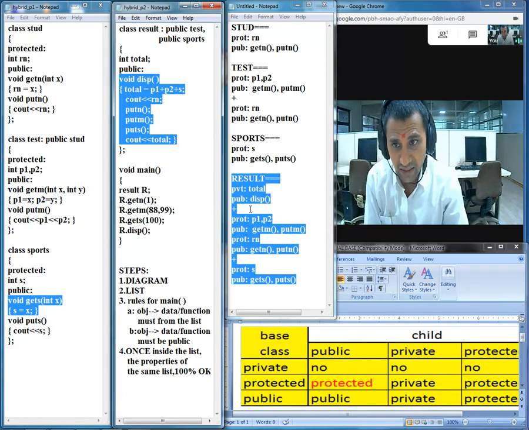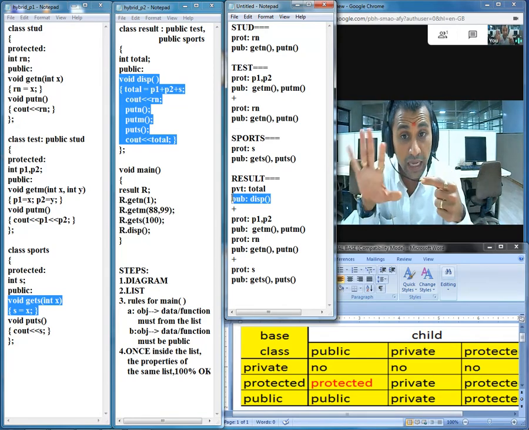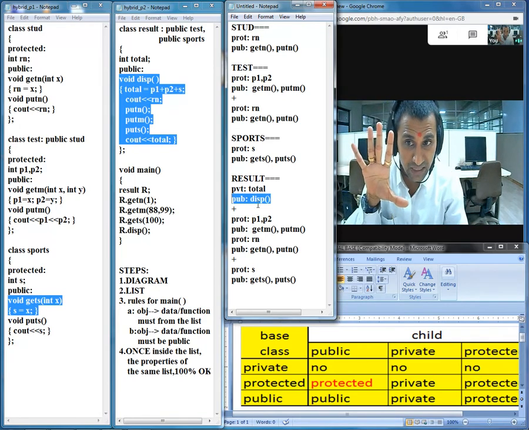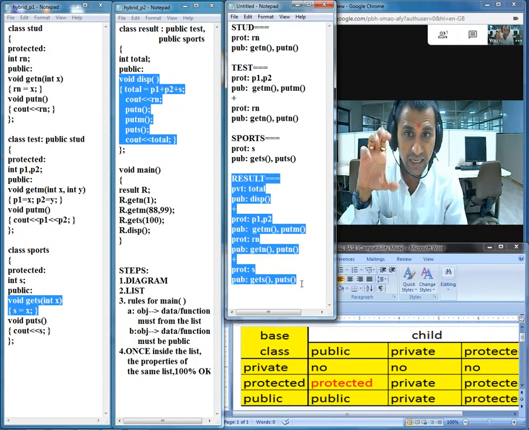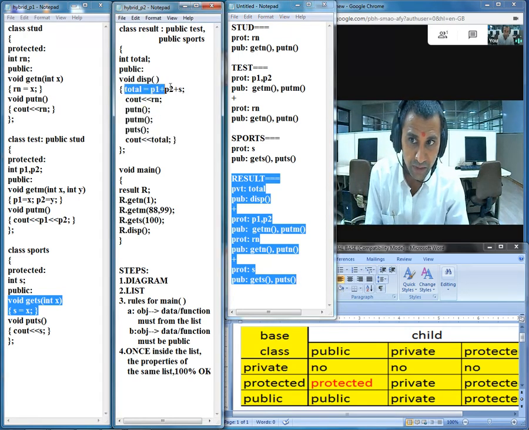Once you are inside the list, this particular function can access any property from the same list. That means this display function is allowed to access anything in the same list. You can observe it is trying to access total, p1, p2 and s. Can you find all those variables in the list?